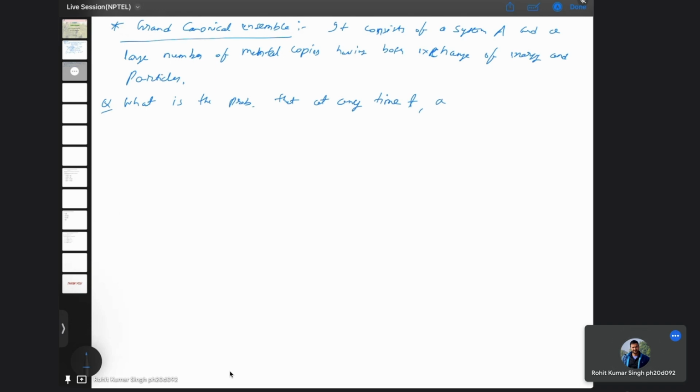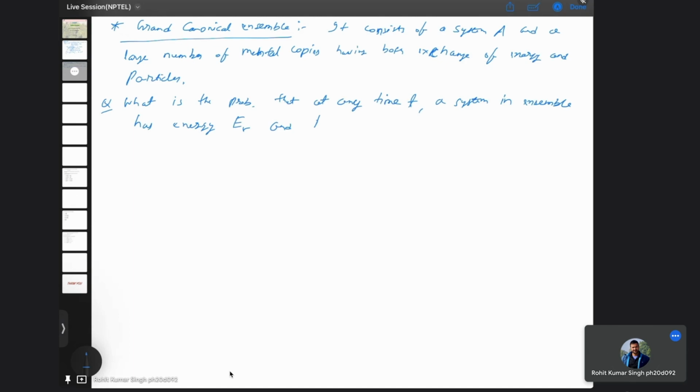So a system in the ensemble has energy ER, suppose, and